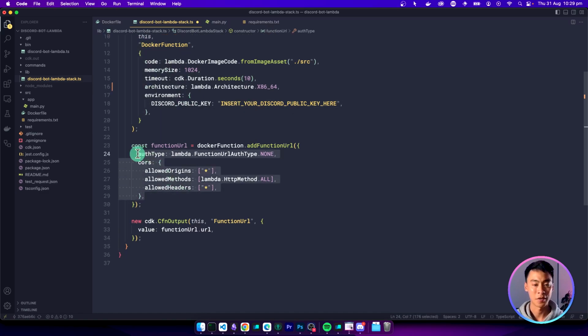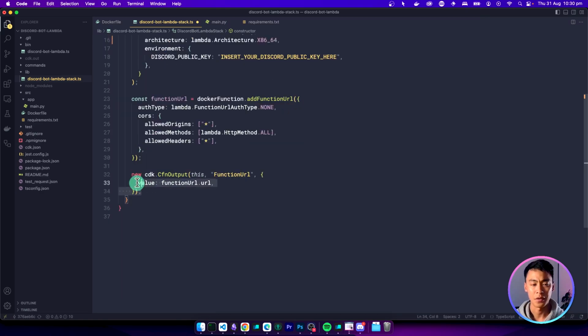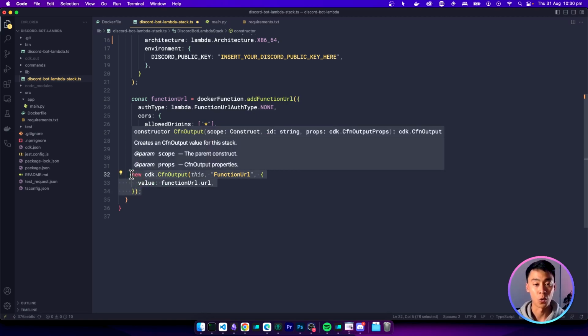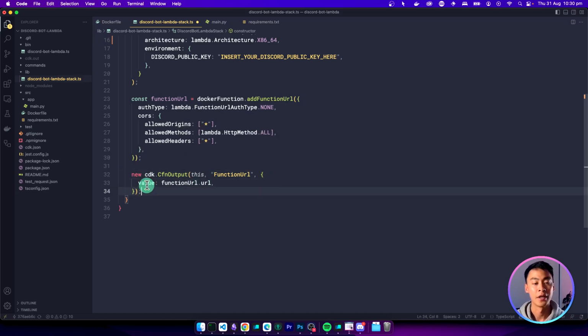And I've just said a bunch of stuff here. Again, if you don't know what this is, feel free to read up on it, but it's not really that important. Now, this last construct doesn't really do anything significant. It just makes it easier for me to see and access that function URL when I run the deploy command or when I go to my AWS console. So this just stores the actual function URL name there. Just makes it a little bit easier to find that endpoint.